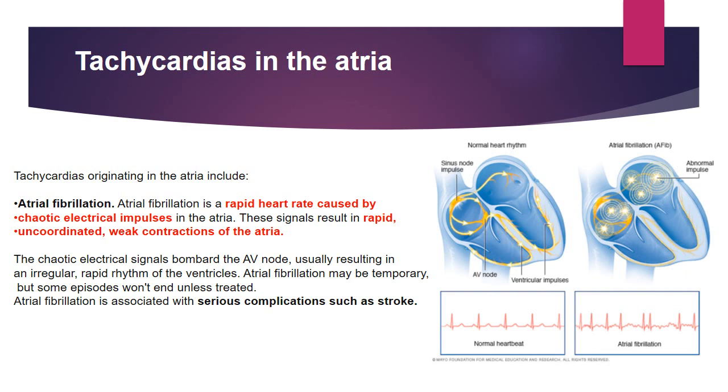So what exactly goes on in this kind of condition? You can see that impulses are generated everywhere, not just in the SA node. If you look at the picture on your right, you can see that impulses are generated everywhere, both in the right atrium and the left atrium. It is chaotic, so abnormal or so irregular that even the heart does not know what is going on. When that occurs, we know that the atrium is not in a position to contract effectively,